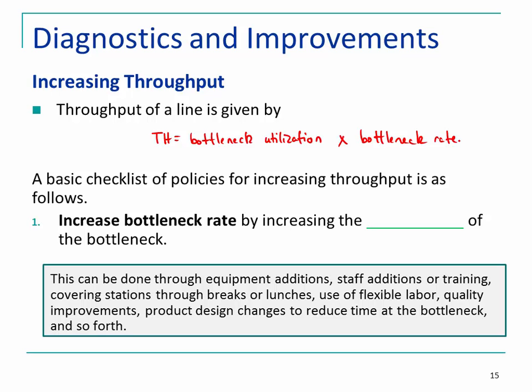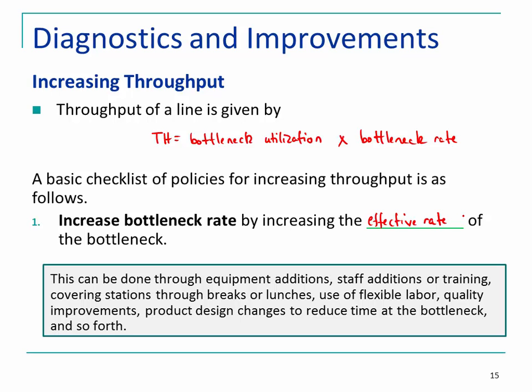So a basic checklist of policies for increasing throughput is as follows. Increase the bottleneck rate by increasing the effective rate